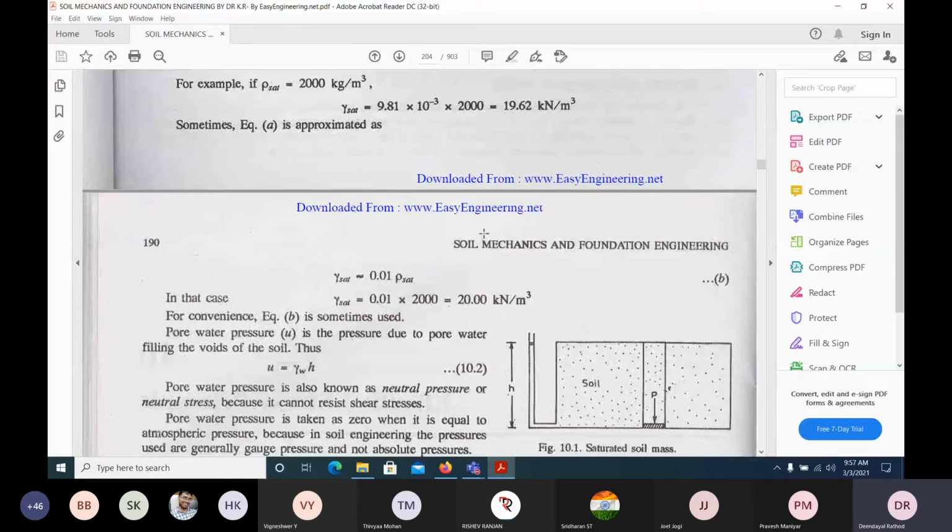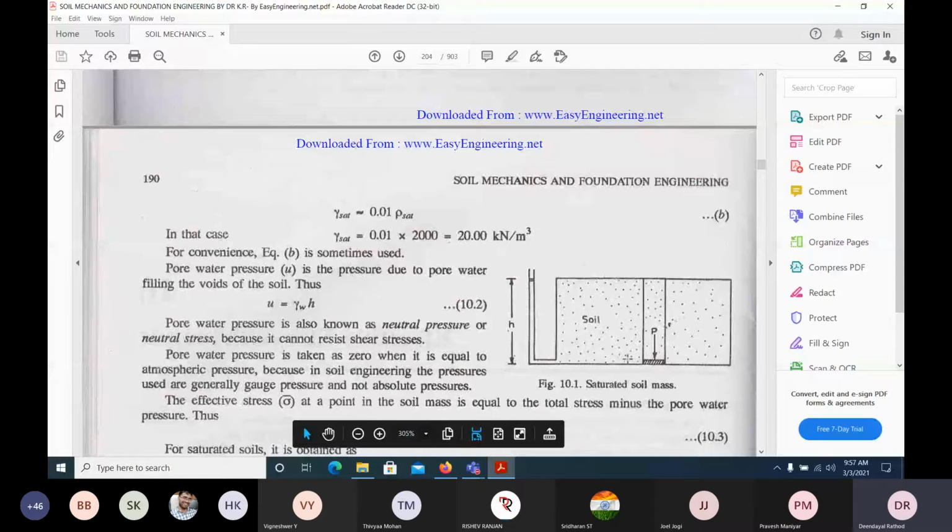Now, that is total stress, whatever I feel. Now what I will do is put one piezometer here and see where the water rises. It rises up to the top because the soil is fully saturated. When you put the piezometer, it will come up here, at a distance, or depth, h.